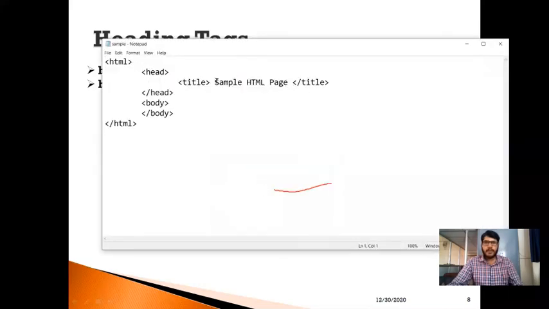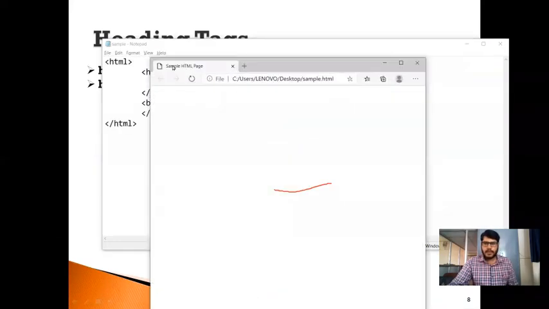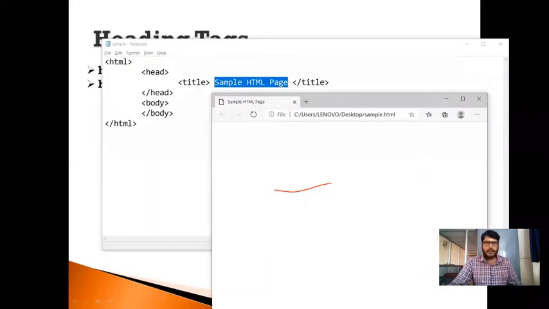You can observe here, this is the title we have set for the recently created HTML file. The same title is available in the title section of the document. Sample HTML page, look at this.